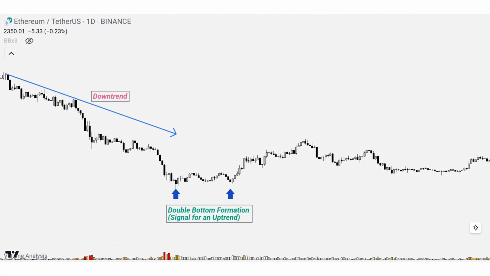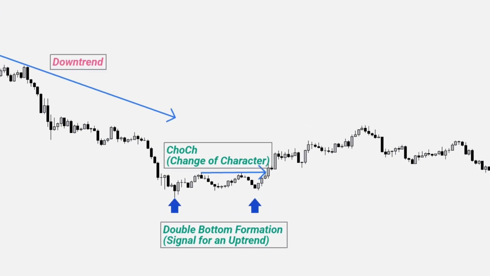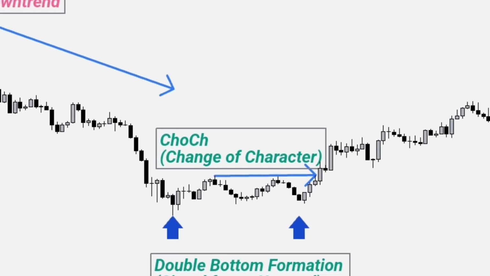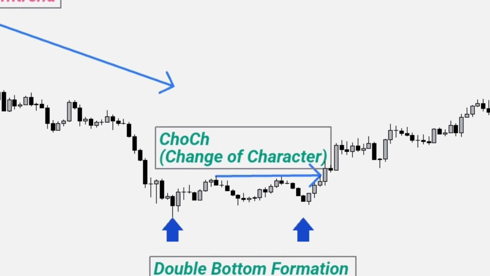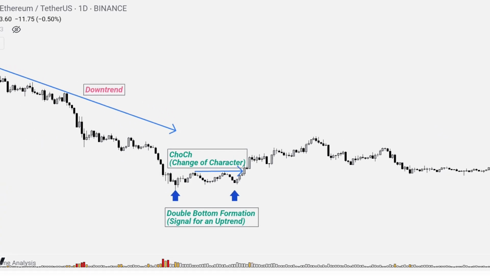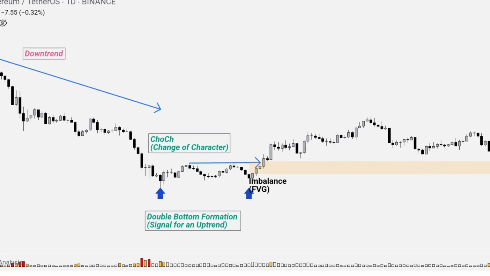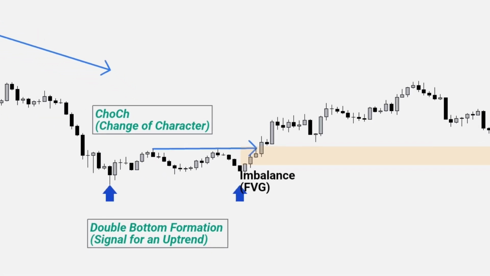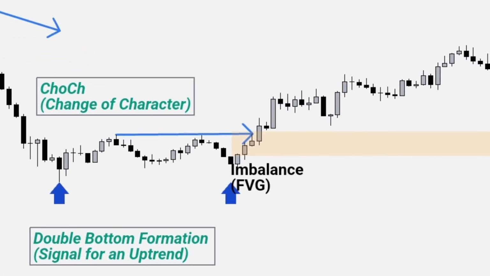Novice traders often think they missed this opportunity when they see the price rise after the double bottom formation, but this is not true. You have to be patient for a successful trade. One of the criteria to understand that the market will start to rise again is that there is an upward market breakout in the area that I marked as change of character, as you can see in the middle of the graph. We see that the price rises sharply after the change of character and double bottom formation, and forms